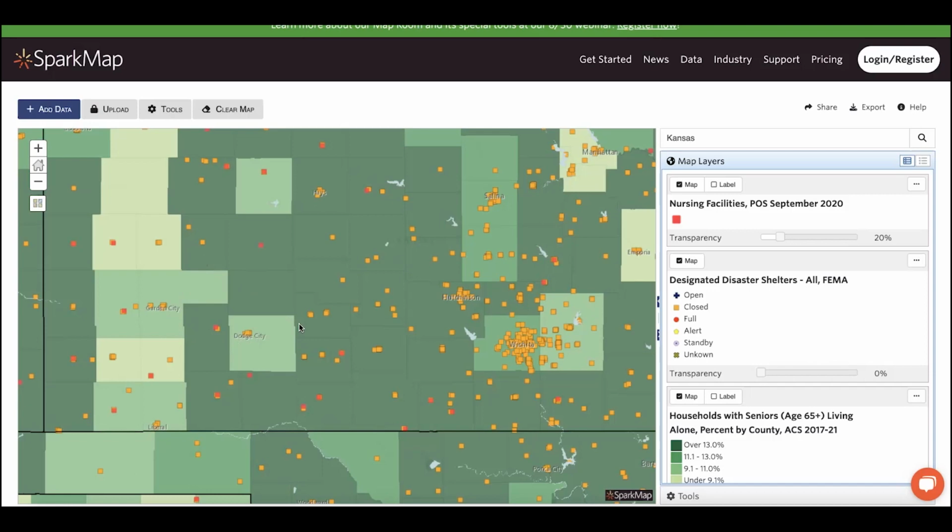To assess the risk even further, I could add the FEMA National Risk Index layer or a community resilience layer, or one of those specific hazard risks that I might be interested in. Adding layers to learn more about community risk while also using our advanced mapping tools will help you better assess risk in your community and take the steps to ensure all community members can prepare for emergencies.